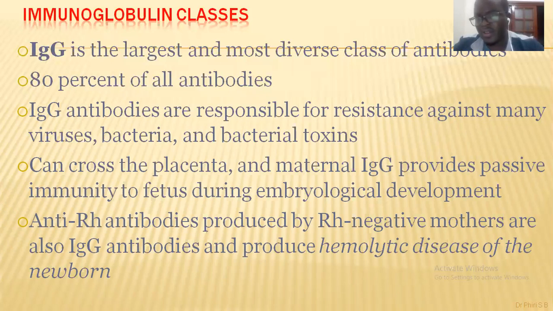The anti-rhesus antibodies produced by a rhesus negative mother are also IgG antibodies and produce hemolytic disease of the newborn. So you have erythroblastosis fetalis or hemolytic disease of the newborn, or the neonate. We discussed this, the anti-rhesus factor. You have the D antigen. So you find that if a woman is rhesus negative and pregnant with a rhesus positive fetus, if for some reason there's a mix-up of blood, an introduction of fetal blood into the maternal circulation,